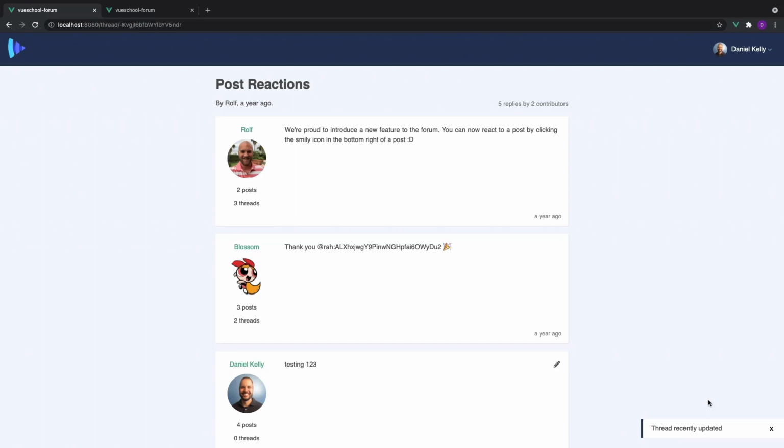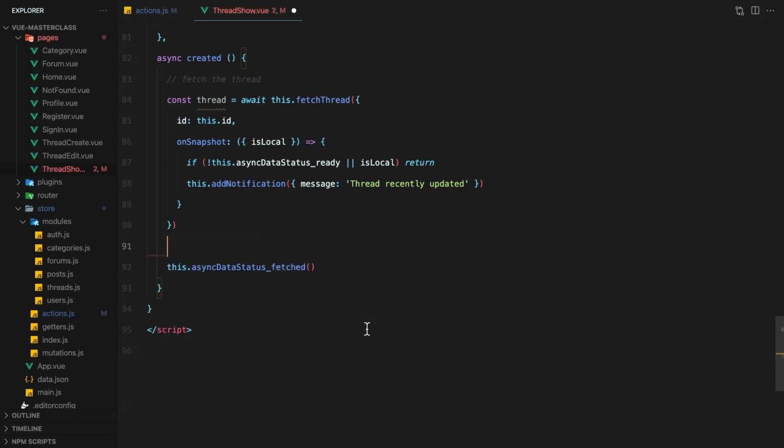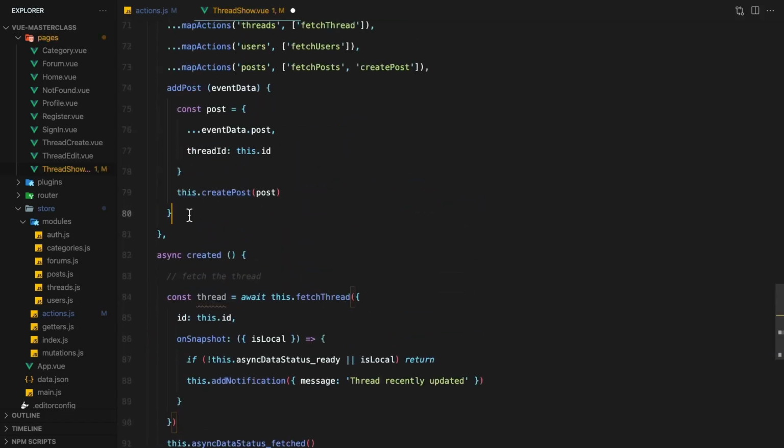The reason the new post doesn't show up is because while the post IDs stored in the thread are updated in the Firestore, hence the snapshot event firing, the actual post itself is never fetched. So, let's fetch the post with the ID that has been newly added to the thread. Since we're already doing this on created, along with fetching any users that might be needed for a post, let's extract that into a method that can be called in created as well as in the onSnapshot callback.